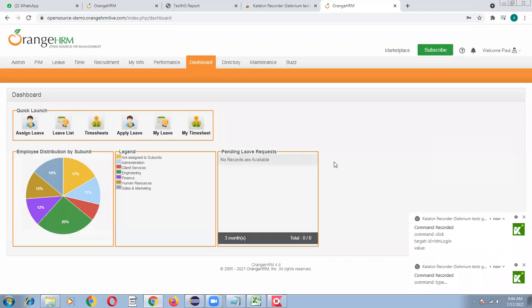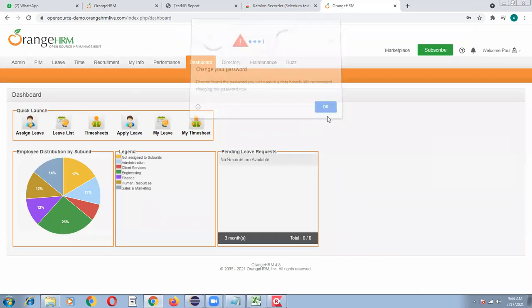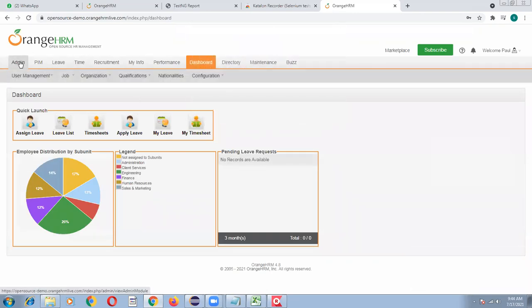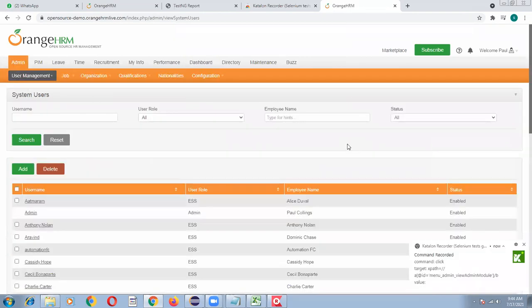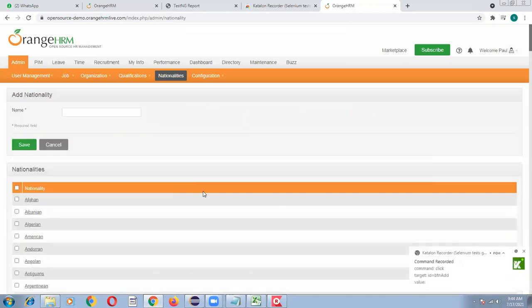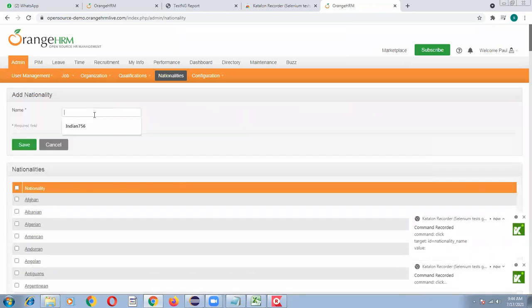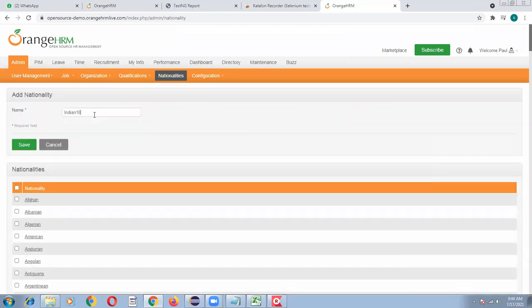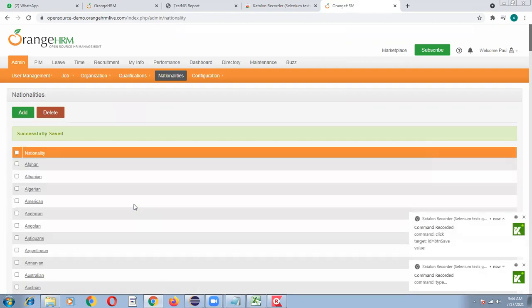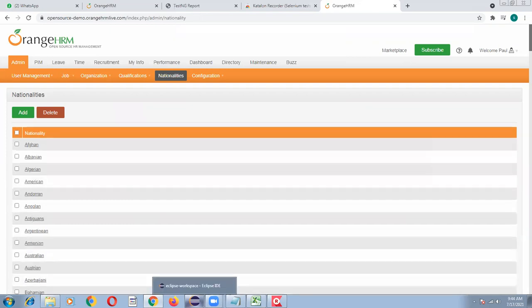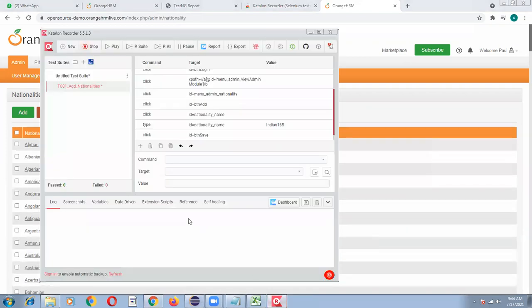See, the set of events is triggering automatically. I'm clicking on admin. After that, I'm clicking on nationalities, the add button, Indian 165, and I'm clicking on save. Everything was completed. Go to Katalon Recorder and click on stop recording.